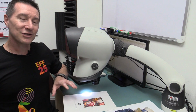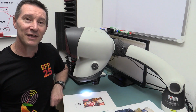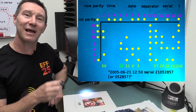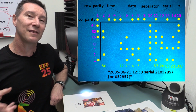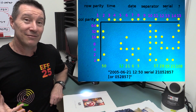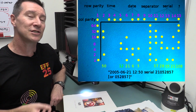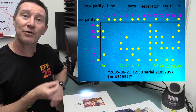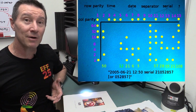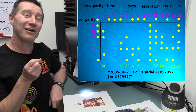So the EFF were actually able to decode the dots on the Fuji DocuPrint one that I've got here, and here's an image from them actually explaining the encoding format, and you can see that the serial number's included in there and the date and time. So, you know, any government, any agency, whoever can actually look at this, know what serial number the printer it is, and through purchasing records and everything else, they can track who actually purchased that printer and find out who printed